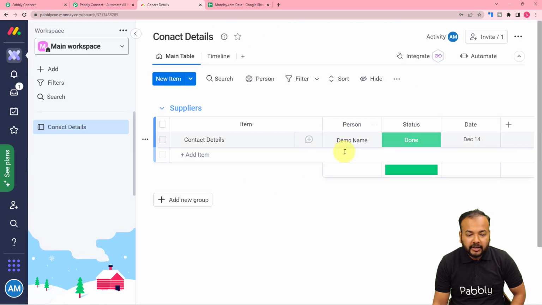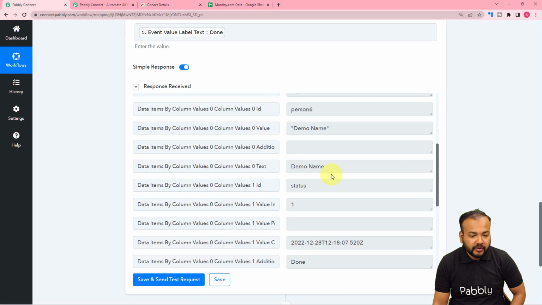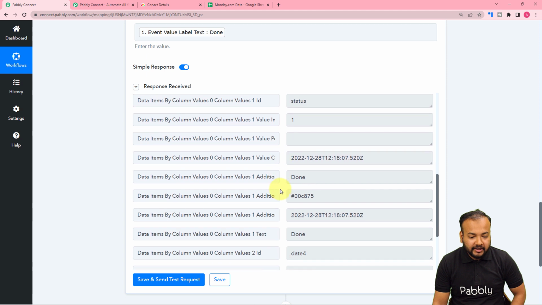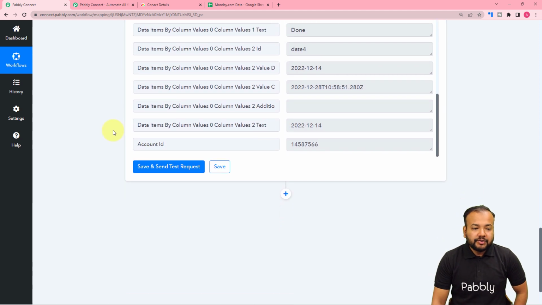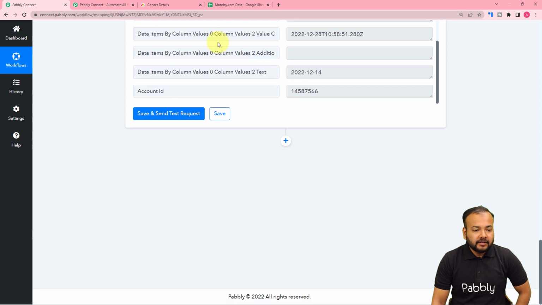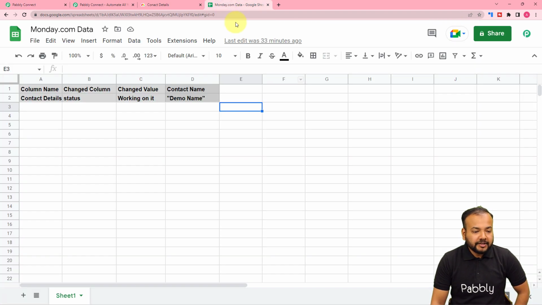Here you can see the demo name was the name of the person, and it started showing up here. That was missing in the first tab. Okay, and here you can see all other details as well. Alright guys, now I want to save this data that I have changed in monday.com into my spreadsheet here, which is called